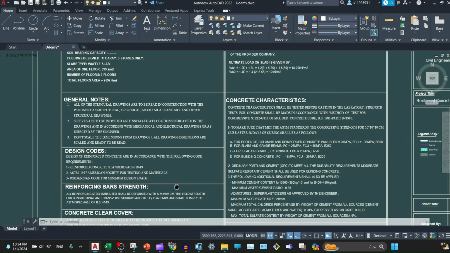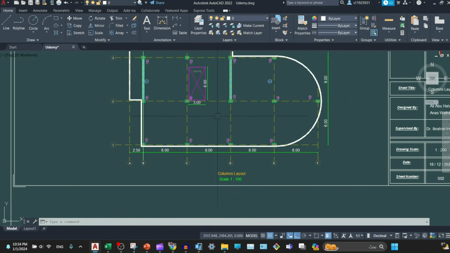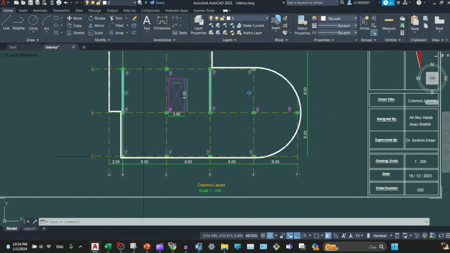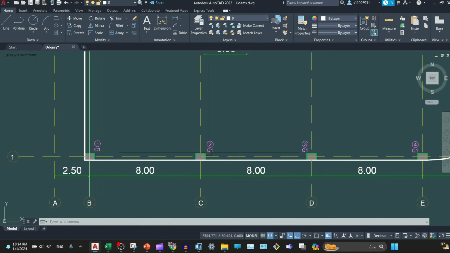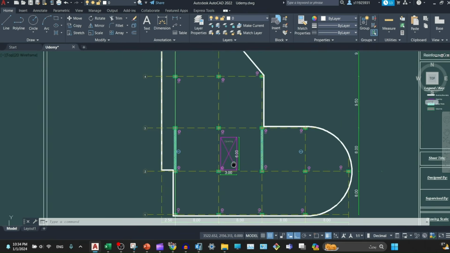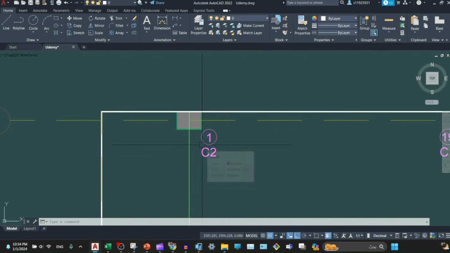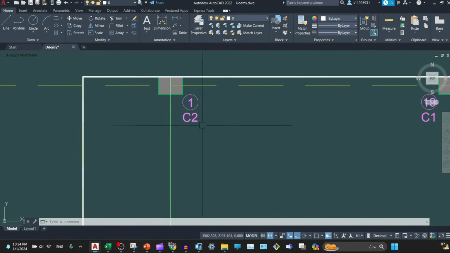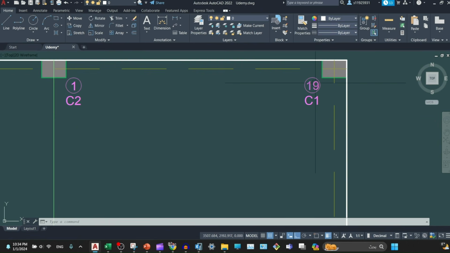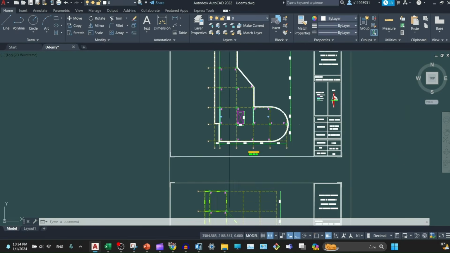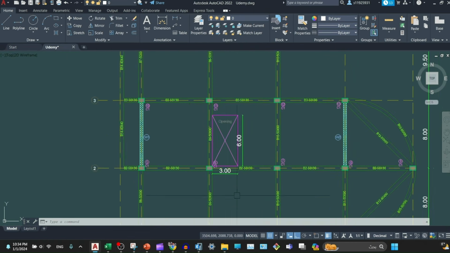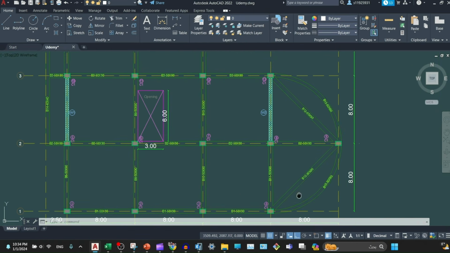Here are the general notes, and also here is the column layouts. So this is C1, C2, and so on up to C1-19, and this is another one. So in one floor we have 20 columns, and this is the layout of beams,